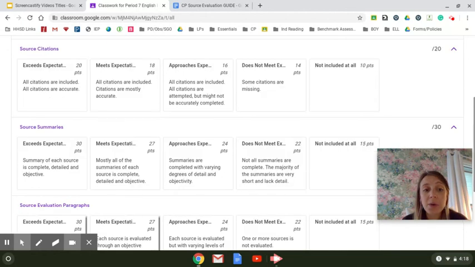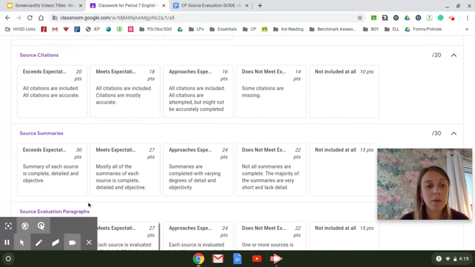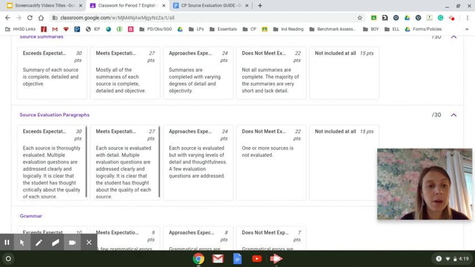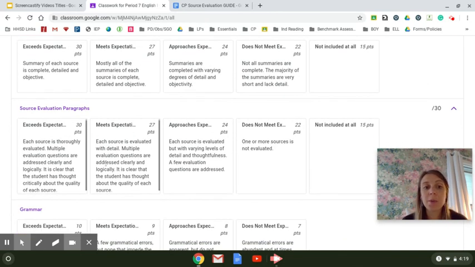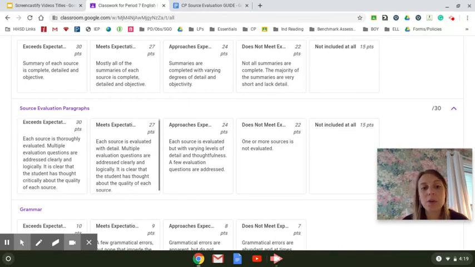The summaries should be complete, detailed, and objective. And then the evaluation paragraph. The evaluation paragraphs should be thorough. They should be clear, logical. It should be clear that you've critically thought about the quality of the source and how you're going to use the source in your paper. And then, of course, run everything through